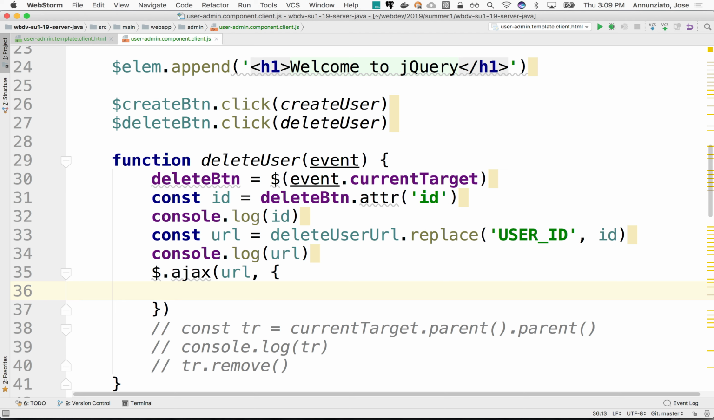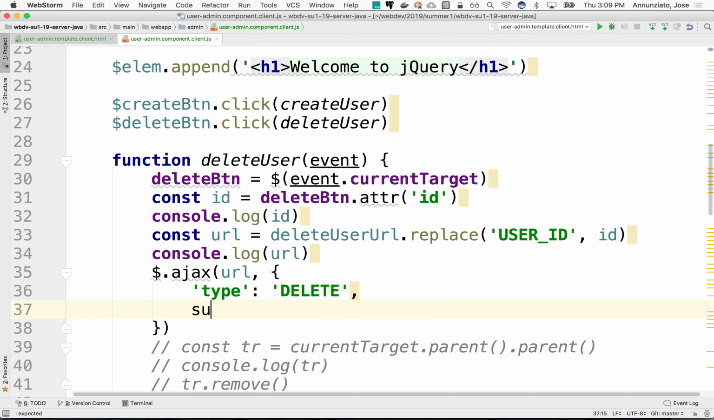Okay, so now we're not generating a get. Get is the default thing that Ajax does, right? If you don't tell it anything, it always does a get. But now we want to use a delete, right? And how do you configure that? Is it type? Delete, I think it is. All right. And then success